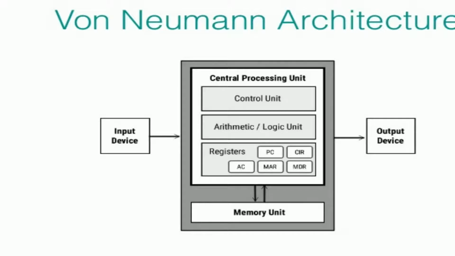Look at here, the central processing unit. Under this diagram, there is a special box. This is the memory unit. In this memory unit, there are two parts. What are they? The first one is the instructions. The second one is the data. Both are held together in the memory unit. Now, whatever operations there may be will be controlled by the central processing unit. Based on your requirement, based on your task, the data and instructions go together to do the work. This is what Von Neumann architecture says.